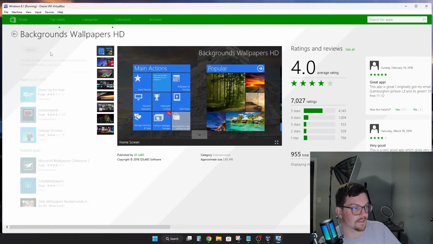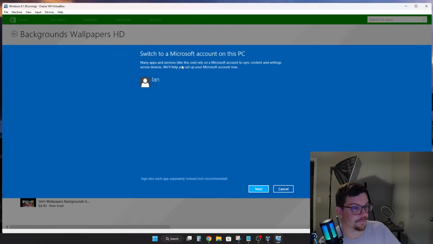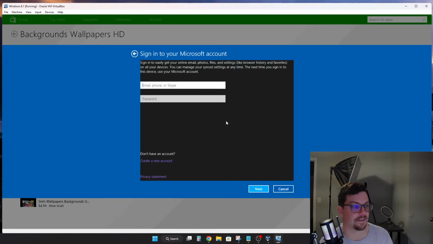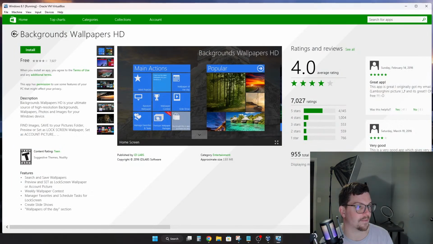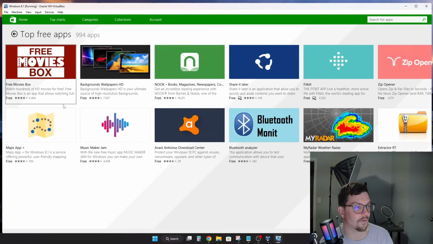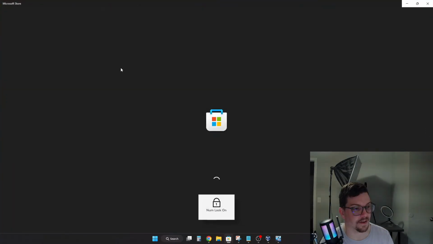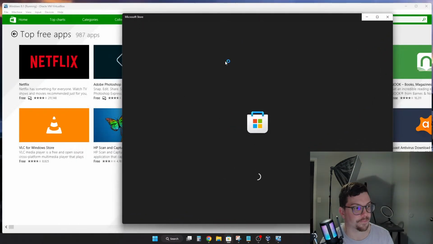All right, let's install it and see what happens. Switch to a Microsoft account on this PC. Many apps rely on Microsoft accounts to sync content and settings. Do I have to do this? Oh, I forgot about that. You have to sign in. Oh, dang it. All right, we're going to cancel that. Never mind. I know that the Microsoft Store on Windows 11 and 10 allows you to download stuff without an account. But